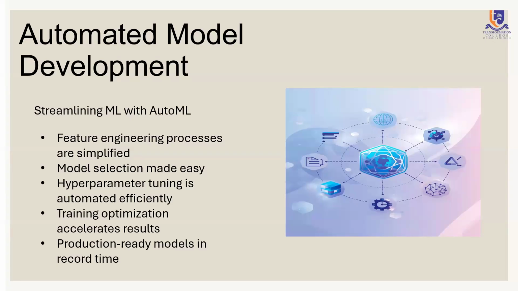So hyperparameters basically are just those parameters that we use or we track when we're training our model. It allows us to fine tune them efficiently. And because of the AI platform, we don't have to write as much code as we would have had to. Most of it is already automated. So the training is optimized and we get production ready models in record time, because we're not writing as much code, but shipping out good models. It has to be efficient, but we're shipping out models